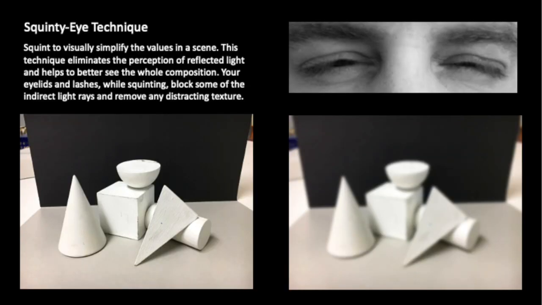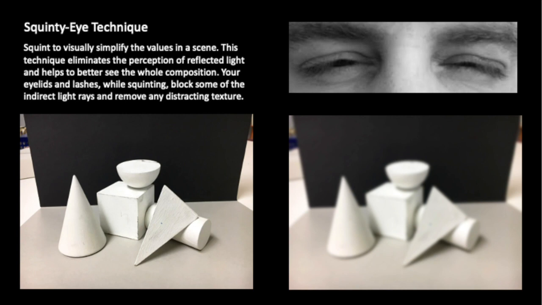A trick to quickly break something down into its value structure is the artist's squint. An artist's squint is not used to improve visual acuity, rather somewhat the opposite effect is the goal. Artists squint far more dramatically than one would when trying to focus. Artists squint to visually simplify the values in the scene, to eliminate the perception of reflected light, and to better